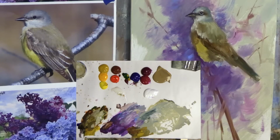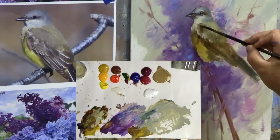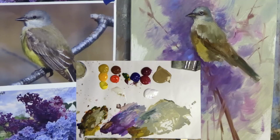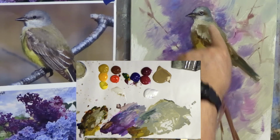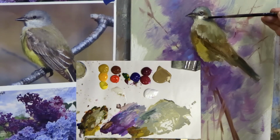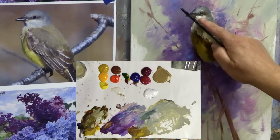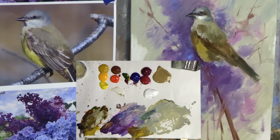Now let's increase the light right in here, which is what we see on him, right across like that. Okay, that widens that out a little bit more light. And he's a little different. He's a little bit more white right in here and built up more than what I had here. So I can just grab some of that light. And see, I can even use my finger to kind of push it into the directions of the feathers there,